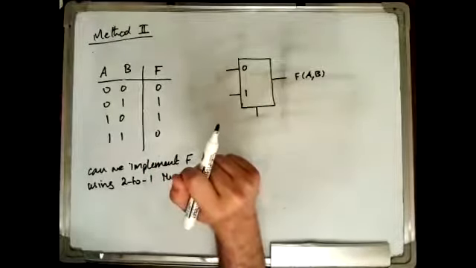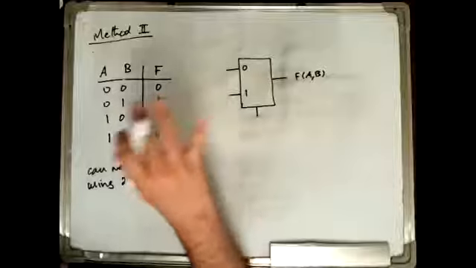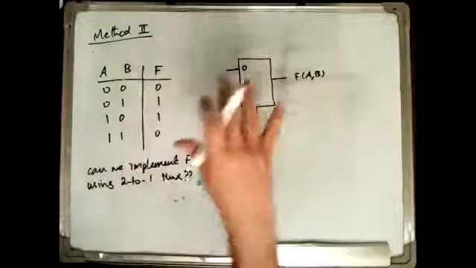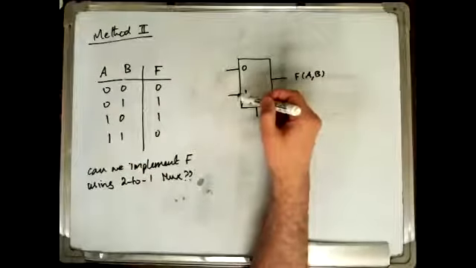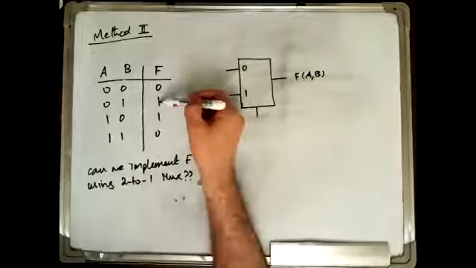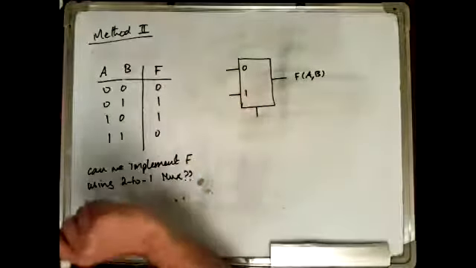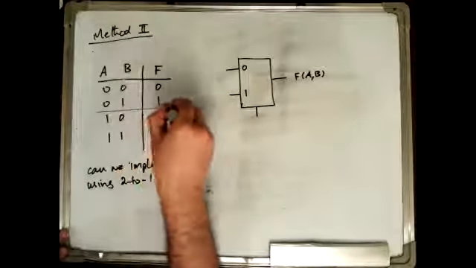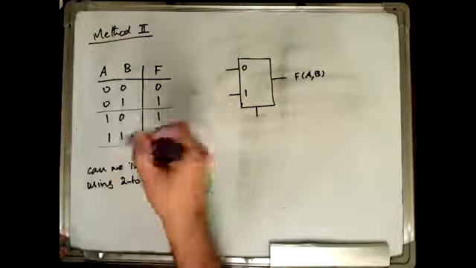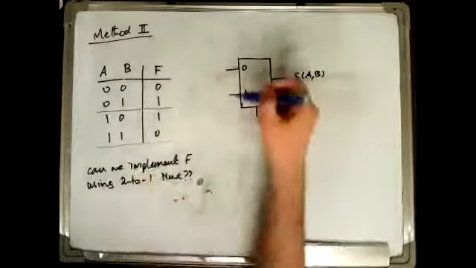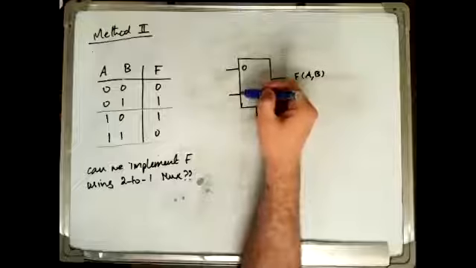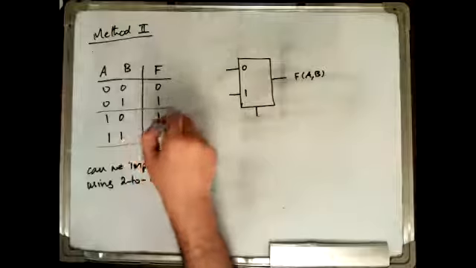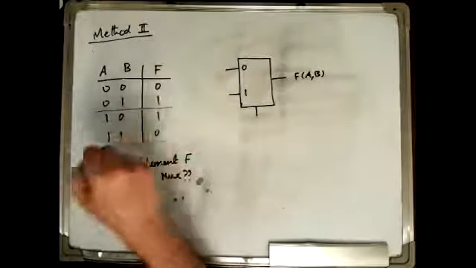At the end of the day, I need to perform selection. What I can select here is basically 1 out of 2 instead of 1 out of 4. So what to do? We divide the table into 2 sections in order to be able to select 1 out of 2, because we have 2 choices. So we divide the table into 2 sections, and if we divide it the way that I did here,